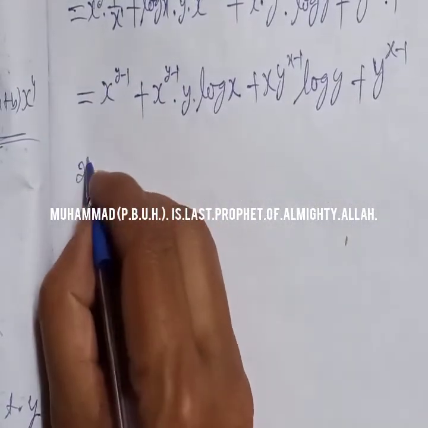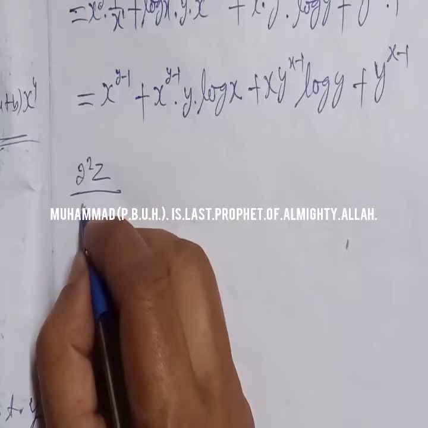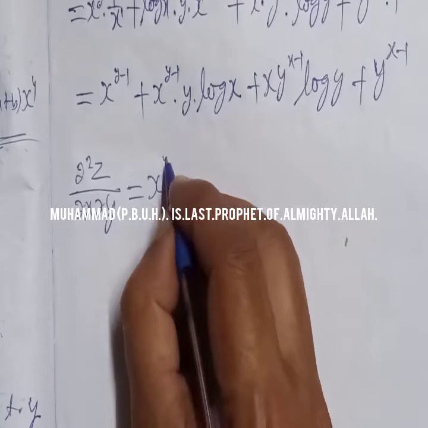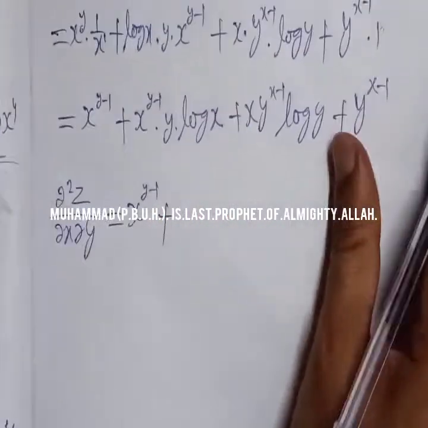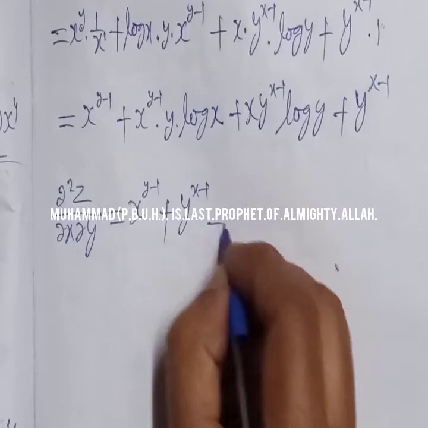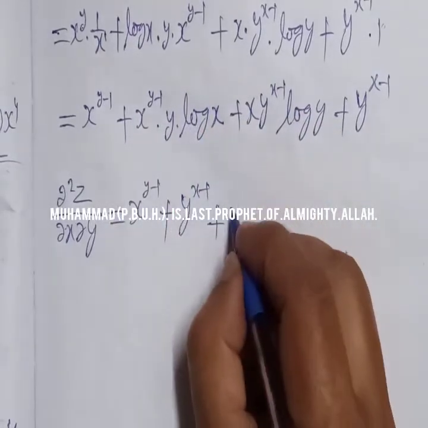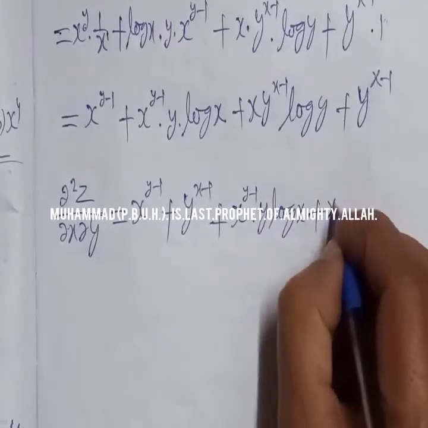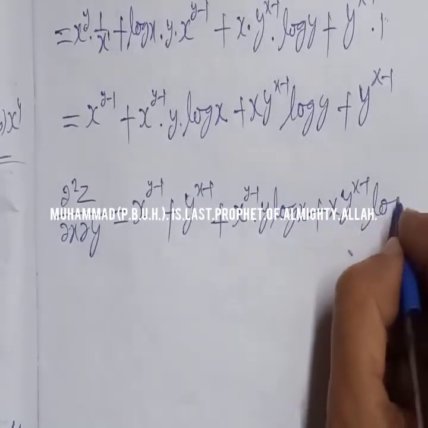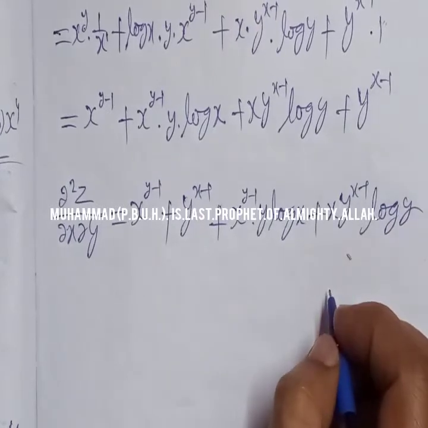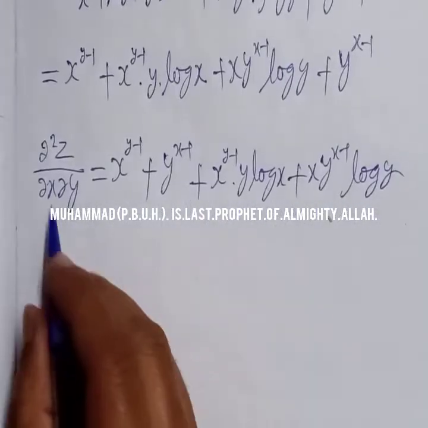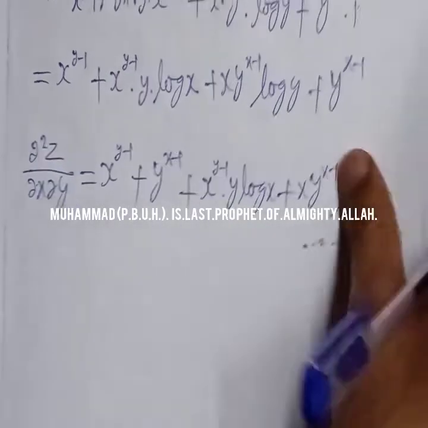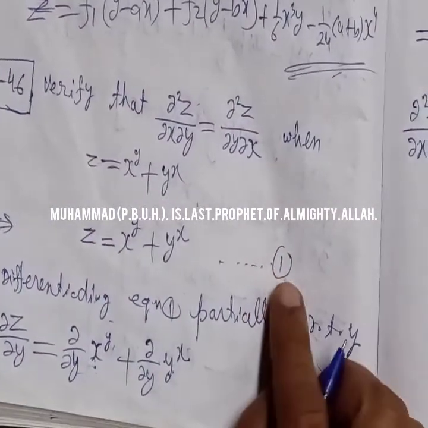Now we will get the left hand side, which equals del 2z over del x del y equals, I write this value: x to the power y minus 1 plus y to the power x minus y, and write these two terms: x to the power y minus 1, y into log x, plus x, y to the power x minus 1, log y. This is the left hand side equation, so I write it as equation number 2 because we already wrote equation number